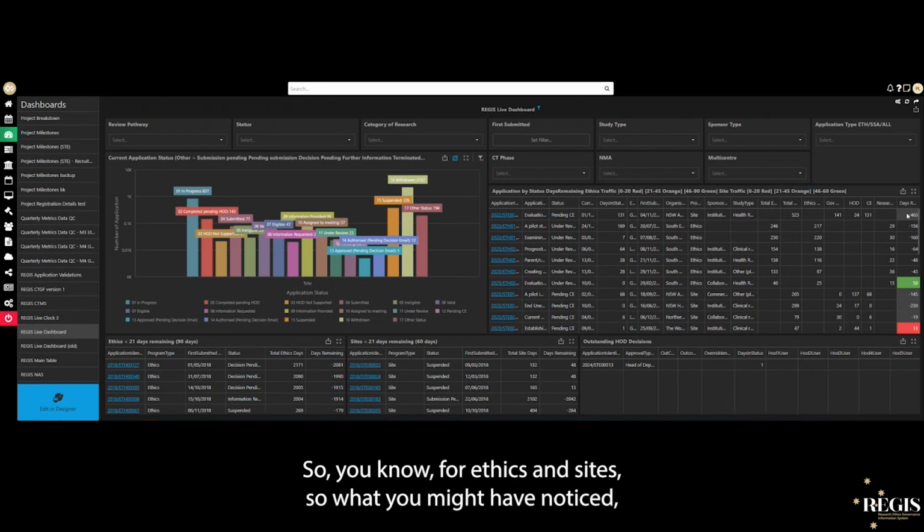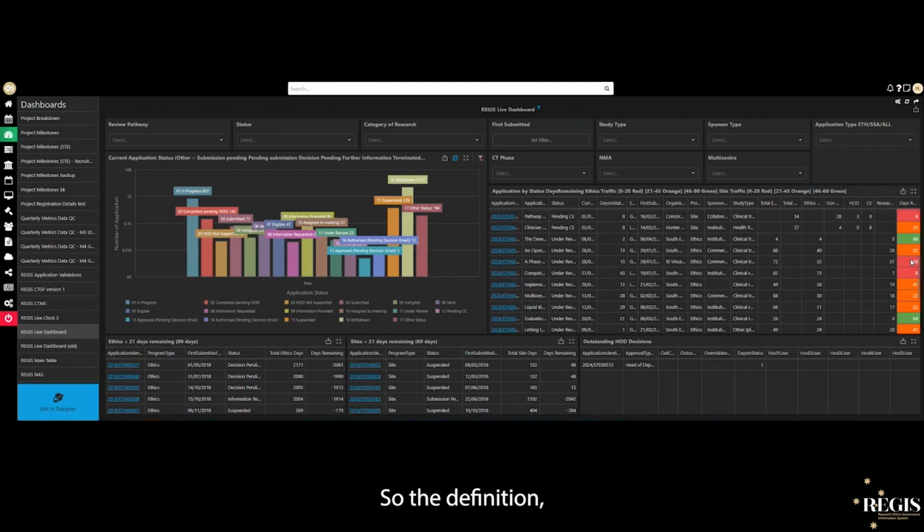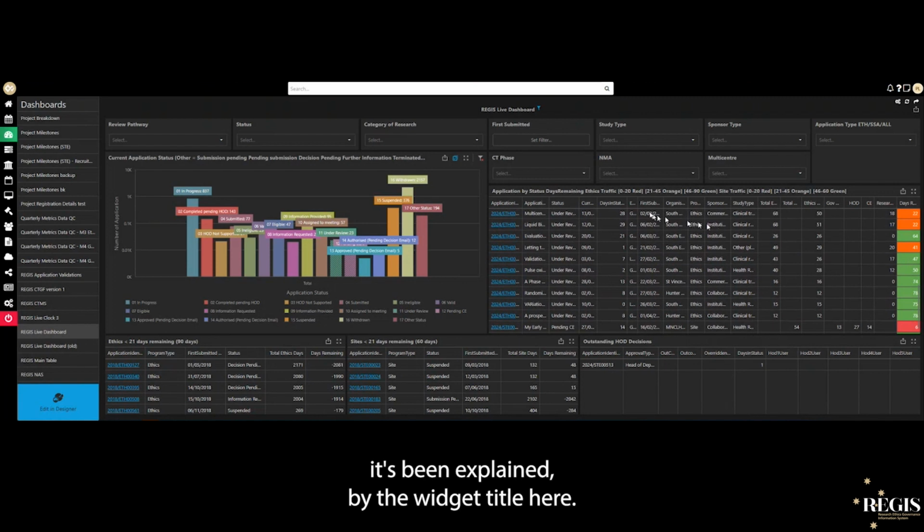So for ethics and sites, what you might have noticed is that this particular column is color coded. This is what we call the traffic lights. The definition is explained by the widget title here: the application by status days remaining. So for these traffic lights, for ethics and for the site traffic lights,